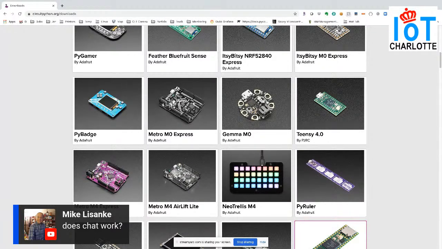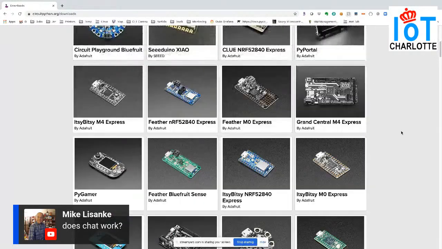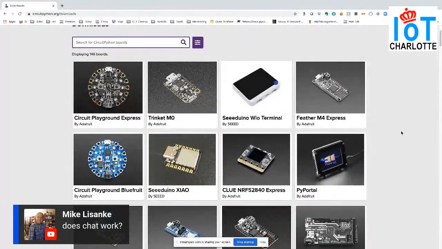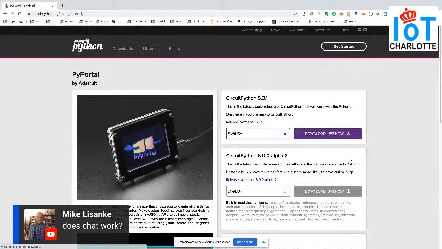Which one did you say were Wi-Fi enabled? Robert was asking. So they use something called Airlift, which is a firmware for the ESP32. And the device you'll probably find most useful is a PyPortal. They go for around $50. They're about $60 if you get the larger one, which is what you see me with tonight.